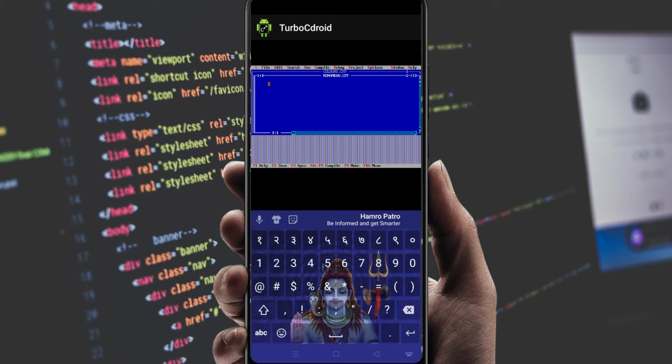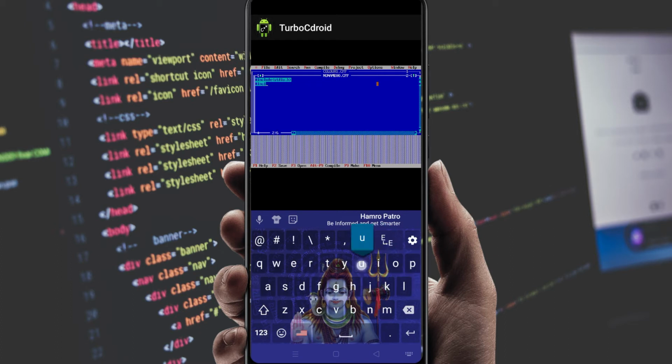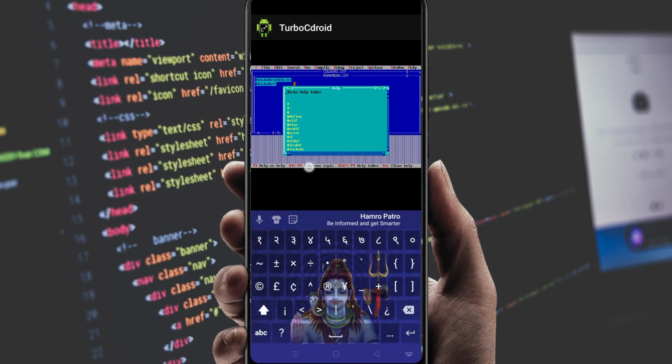Let me write the header file as include stdio.h. This is the first header file. Let me put the mouse pointer here, and then write the next header file with include, and inside this angular bracket you can type here.